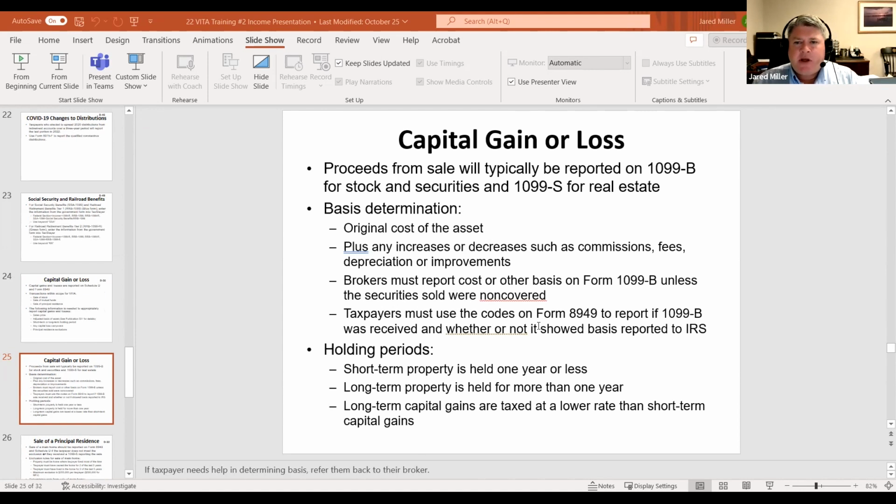So typically they're going to be coming off of our 1099 series again. 1099-B would be coming in for purposes of stock and securities, our mutual funds, that type of thing, typically coming in off a brokerage statement. 1099-S is designed for real estate. Now, we probably shouldn't see 1099-Ss if they're for a principal residence. If the settlement agent knows it's for a principal residence, they should not issue a 1099-S. If they do, we're going to have to report that transaction on the return, and I'll talk a little bit more about sale of a principal residence in just a little bit.